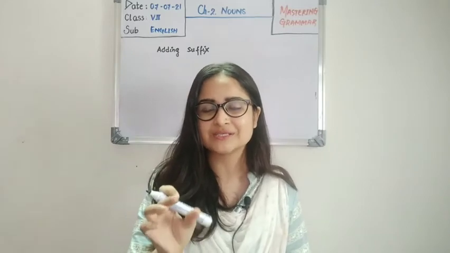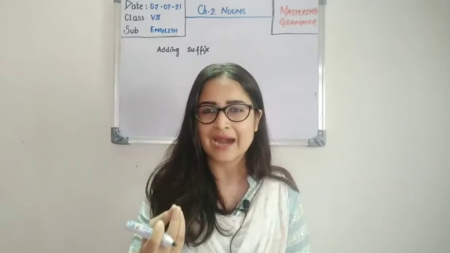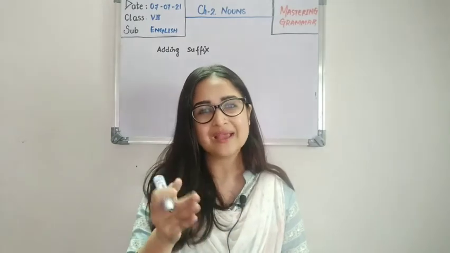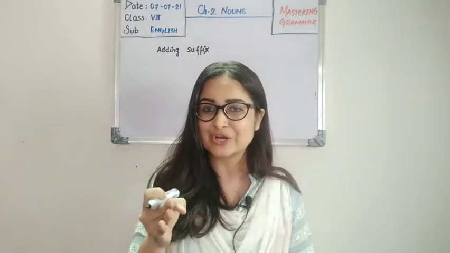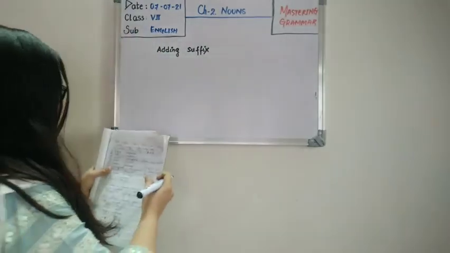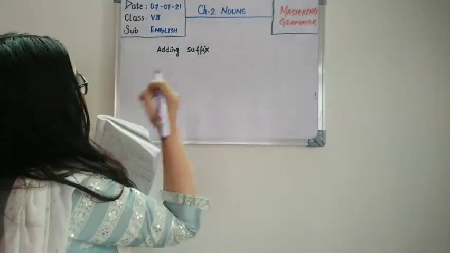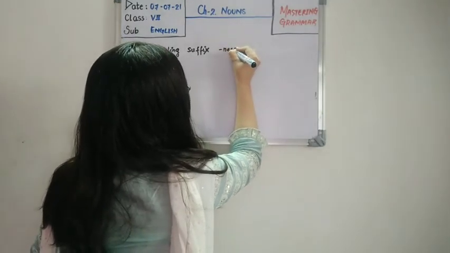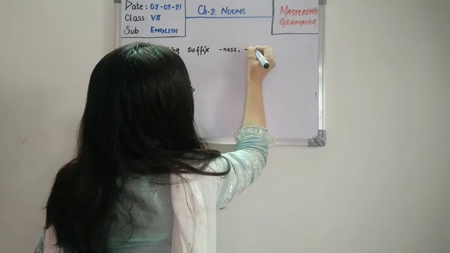Prefixes are letters added to the beginning of a word, while suffixes are those letters which are added at the end of the words. So now children, what suffixes can we add? Adding suffixes, now see: NESS, okay children, then MENT,